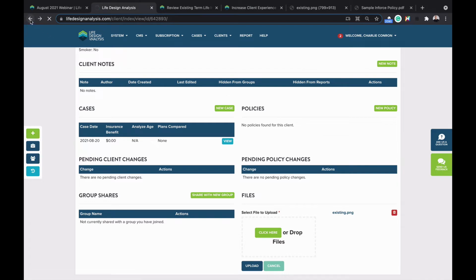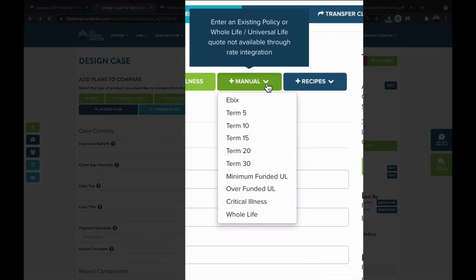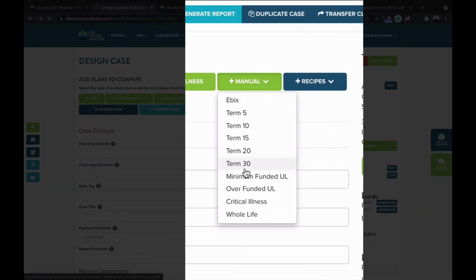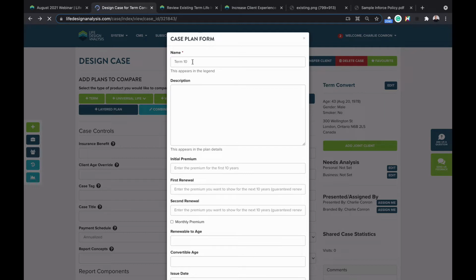I'm going to do it from the design case page. If I go on to my design case for term convert, really all I have to do is click the plus manual button and select the type of term product that I'm looking to add. This one happens to be a term 10, so that's what I'm going to select here. Now you can give it a case name. By default it says term 10, but I like to give it a really specific name, something like existing term 10, or in the case of the one we're doing, an existing Canada Life term 10. Give it a description. It could be like renewable and convertible